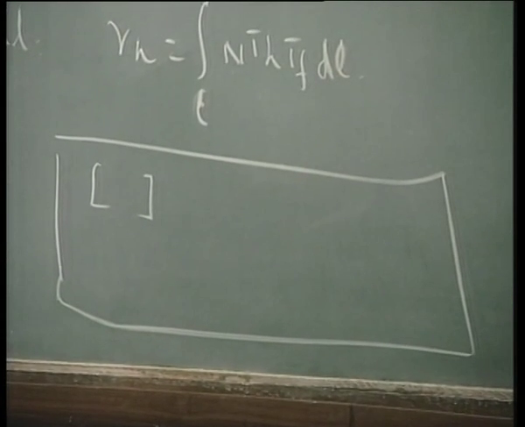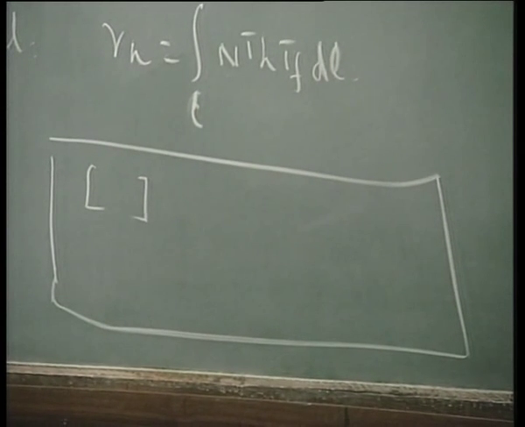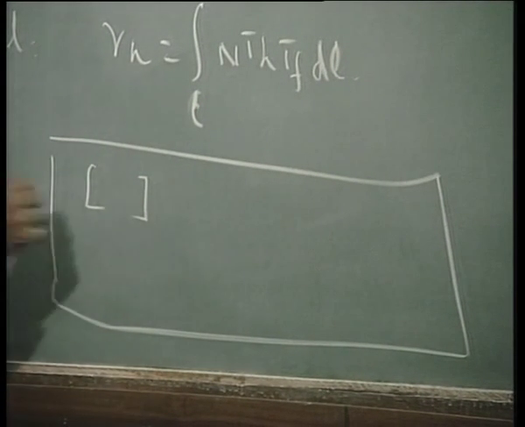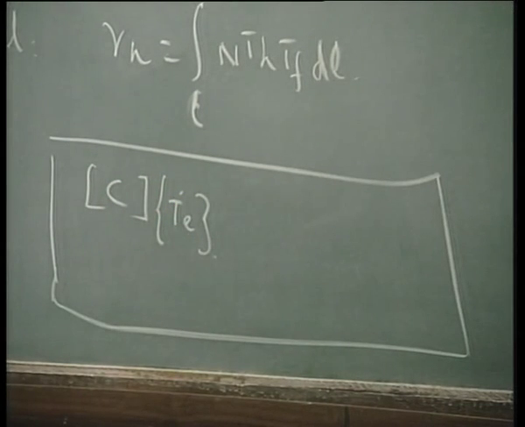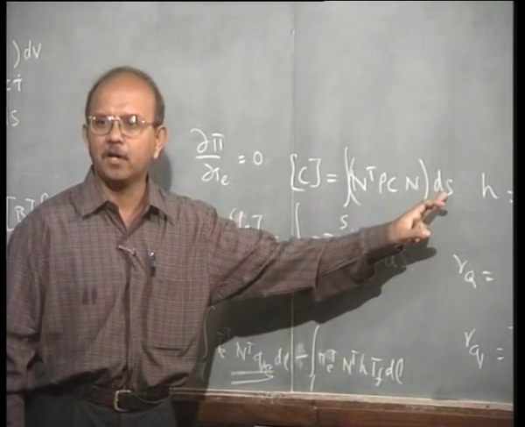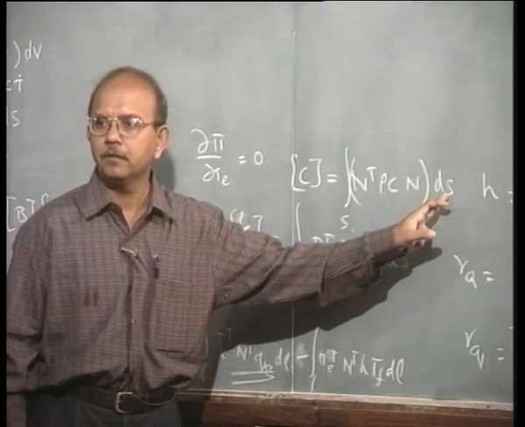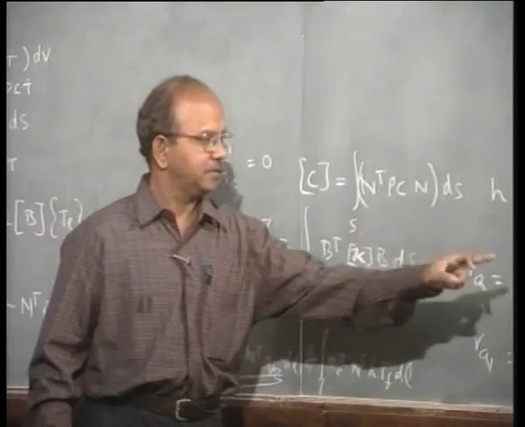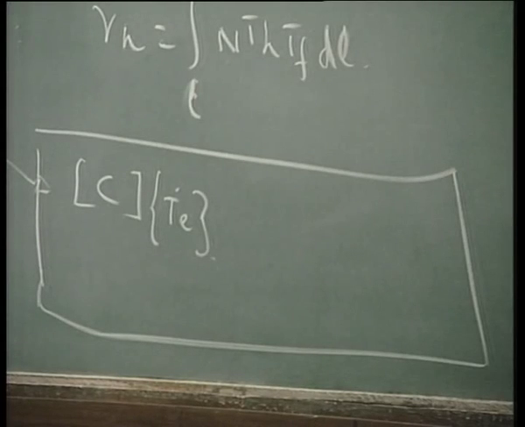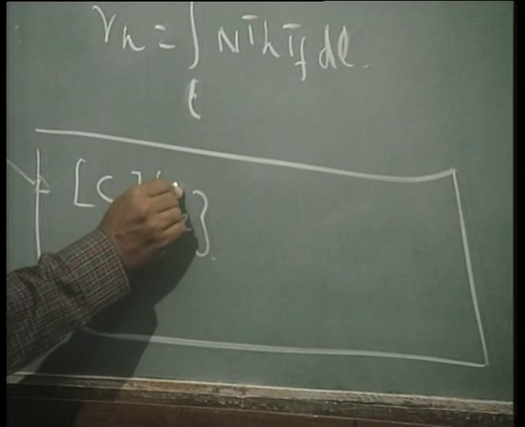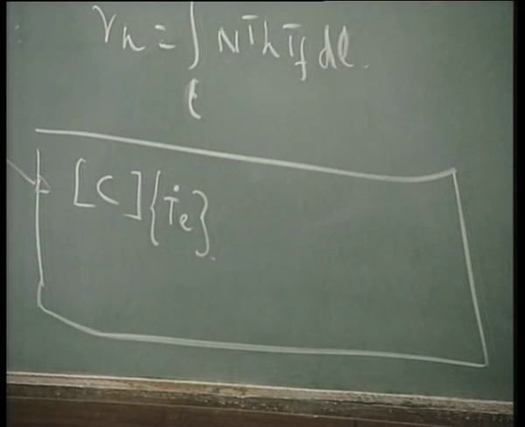T dot E, let me go one by one. What will be T dot E? So C, will it be there? Yes, this corresponds to this, because in my original equation it was multiplied by T transpose T dot, remember that, and hence this one becomes C T dot E. Look at the dot there.